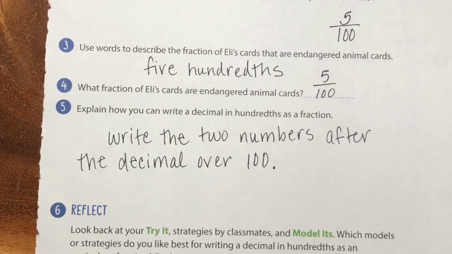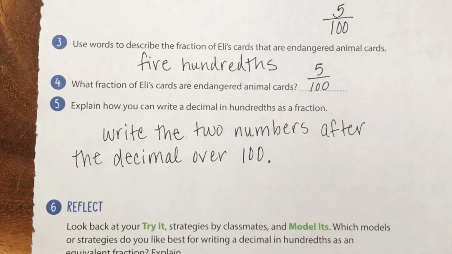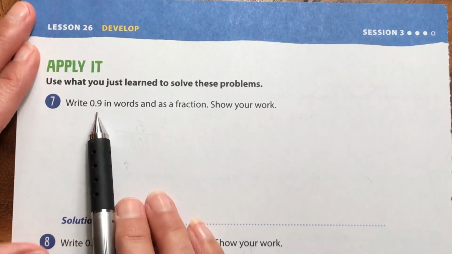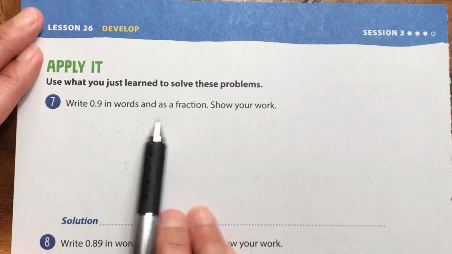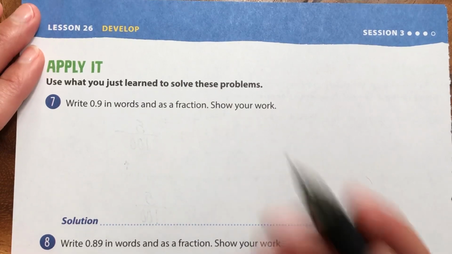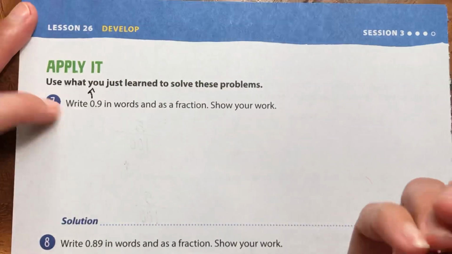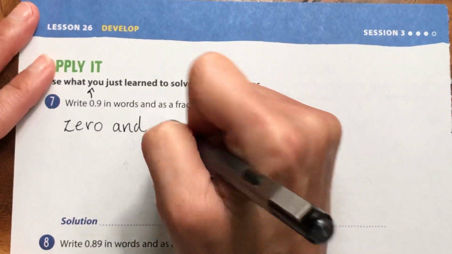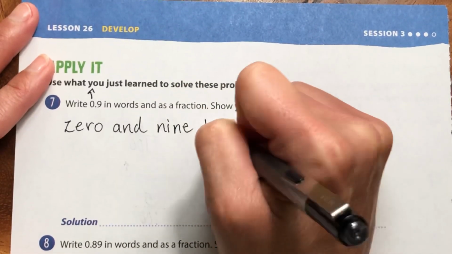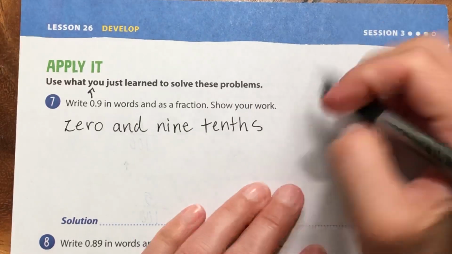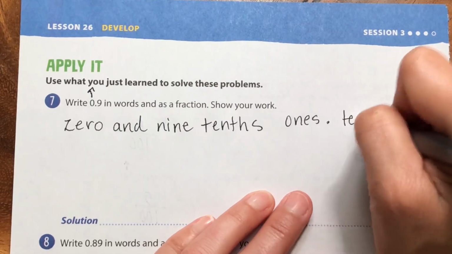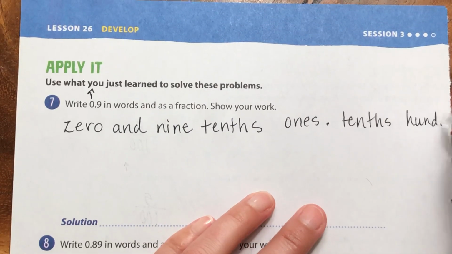And we're going to get an opportunity to practice this over and over again on our next few examples on page 548. So let's look at number 7. It says write 9/10ths in words and as a fraction. Show your work. Well, I'm going to go ahead and this time write out the ones column. So I'm going to put 0 and 9/10ths. And I'm going to go ahead and also write out our little chart to help us. And then I'm going to do the hundredths right here,